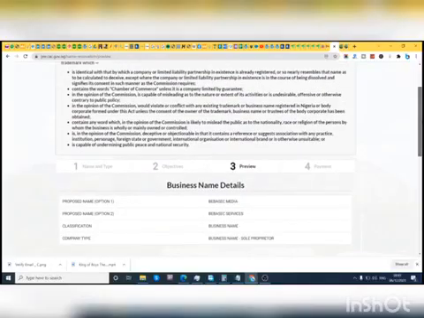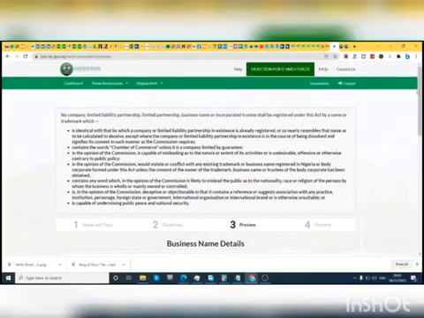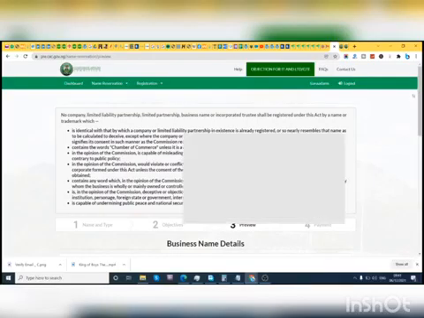So basically, this just previews. Now the third one is preview. It basically just gives you an idea of what you've done, so you can check if all the information is correct. If there are one or two mistakes, you can go back and make edits. And once you're done with that, you can